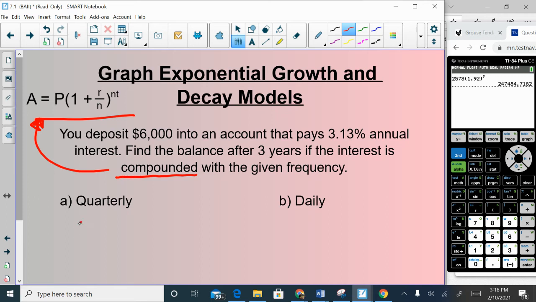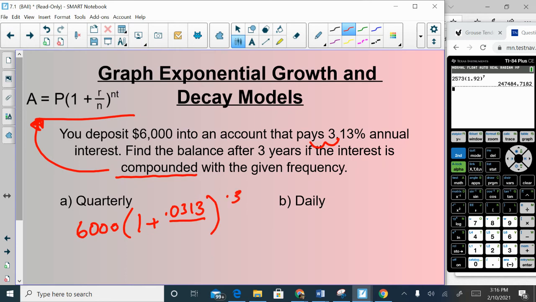P is your initial amount, which in this problem is 6,000. 1 plus the rate divided by the number of times in a year it's compounded. So the rate here is 3.13%, but please remember to turn this into a decimal. It's currently in a percentage. So it's not going to be 3.13. It's going to be, move it over 1, 2, 0.0313 over the number of times in a year it's compounded, times the number of times in a year it's compounded